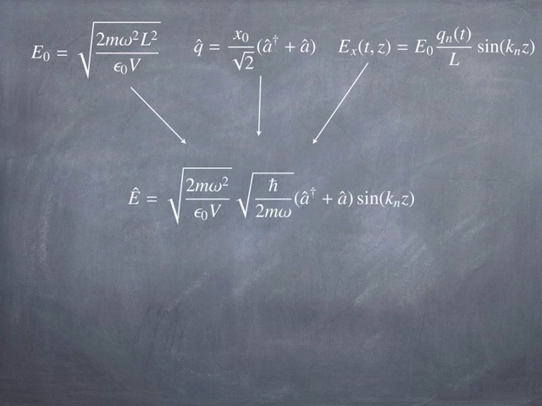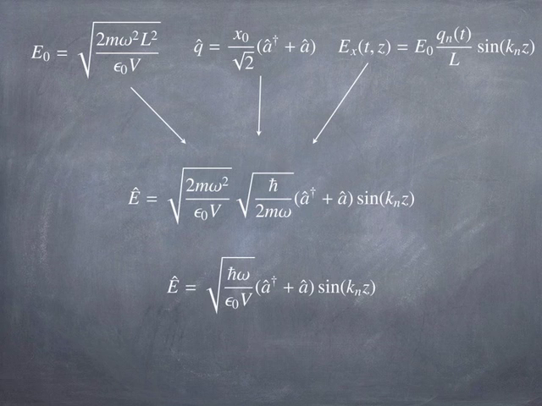Notice some stuff cancels. The L squared in the numerator of the E naught expression and the L in the denominator of the electric field expression cancel. So this length parameter that I introduced just to keep the units straight ends up canceling in the end. And when the smoke clears, what I get is an expression for the electric field that depends on the raising and lowering operators. The quantum mechanical version of the electric field,